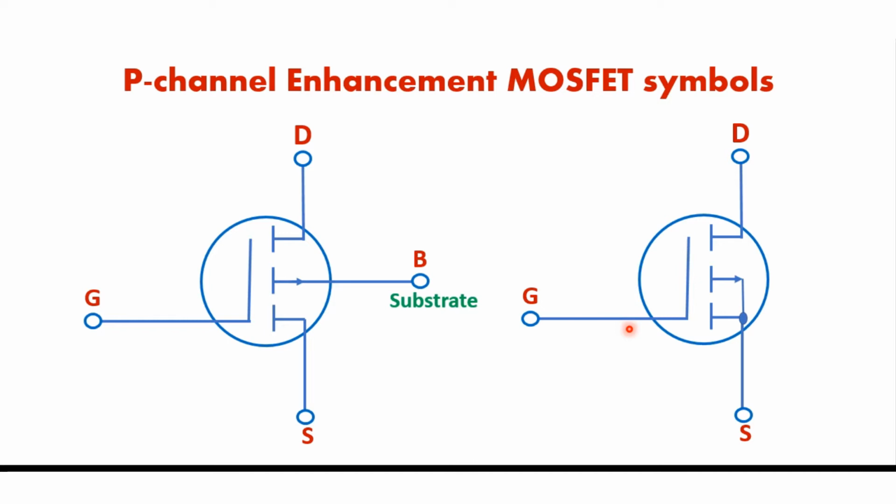As far as the P-channel enhancement MOSFET is concerned, we know that the enhancement MOSFET differs from the depletion type in that no continuous channel exists between the source and the drain, with the result that no current flows at zero gate voltage. The symbol's broken channel, this one, represents this condition. As we know, a minimum or threshold gate voltage is required before the drain current will flow. So this is nothing but the symbol of the P-channel enhancement MOSFET.